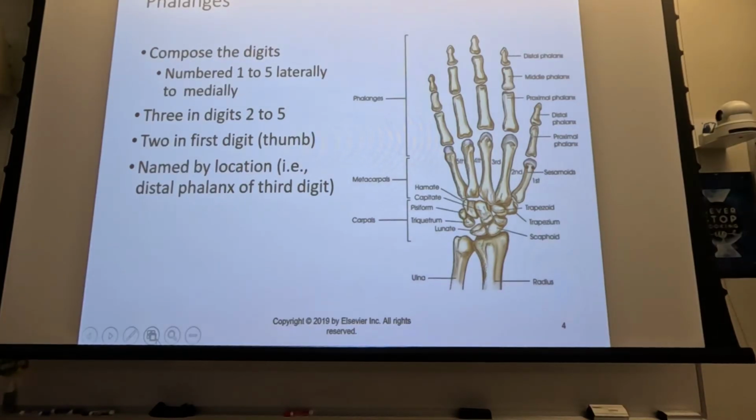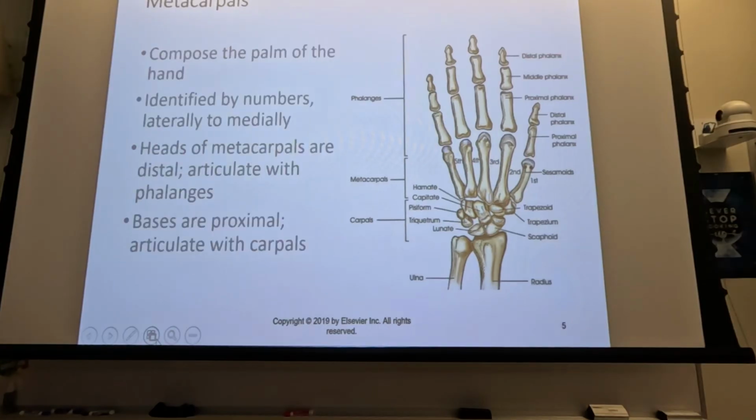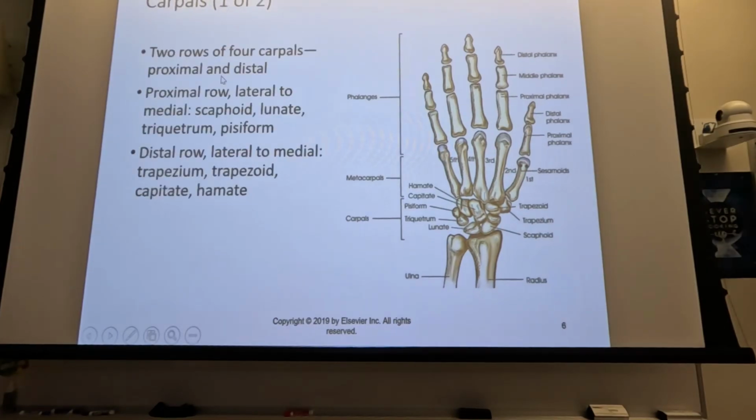So then we've got to identify each individual bone. So we talked about this. The carpal bones are the bones of the wrist. The metacarpals are the bones of the palm of the hand. And then all of these are what we call phalanges. A phalange specifically is a finger, but each one of these things is what we refer to as a phalanx. Okay? So in the carpals,